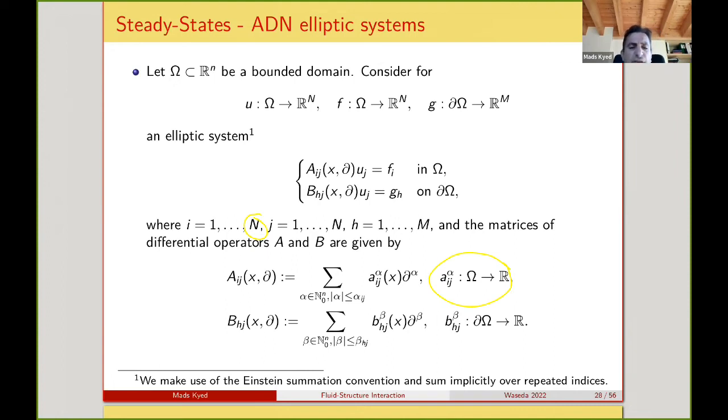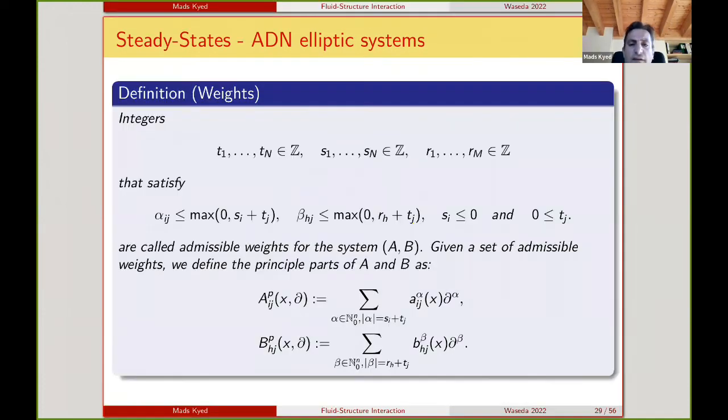So it's the number of rows in our A matrix, and we have an N by N matrix, because the number of columns in the matrix is also N. So we have N equations with N unknowns. And the capital M is the number of boundary conditions that we have. Now we introduce the weights, the t's, the s's and the r's, in such a way that,